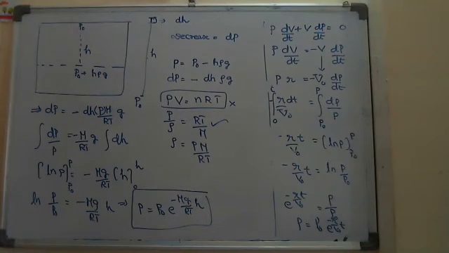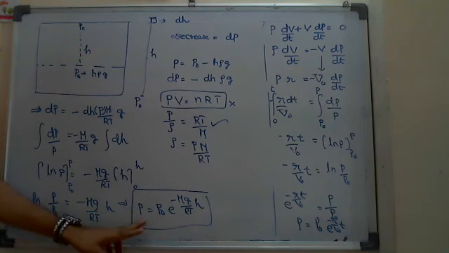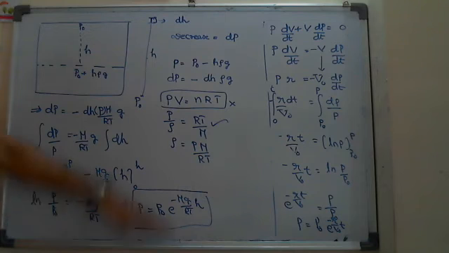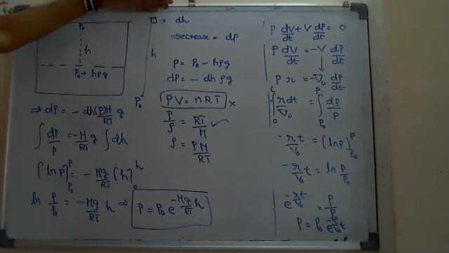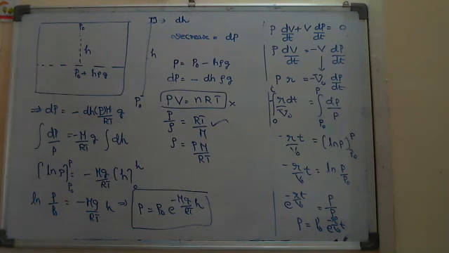But if heights are considerable, like kilometers, from Tirupati to Tirumala, you are going to a maximum height, a certain height, like 500 meters or kilometers, at that time we should not say the pressure at Tirupati plus or minus H rho g. We have to find out using this equation. This is one model related to it.